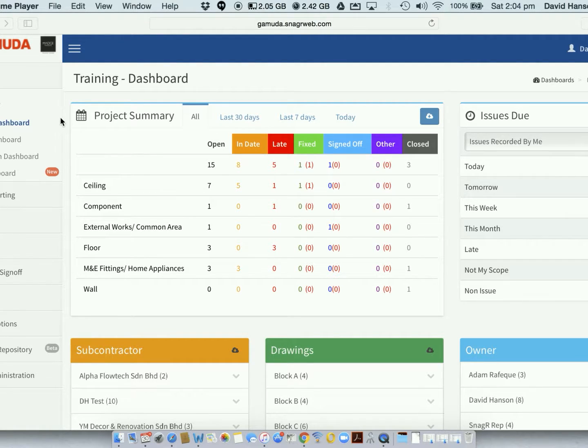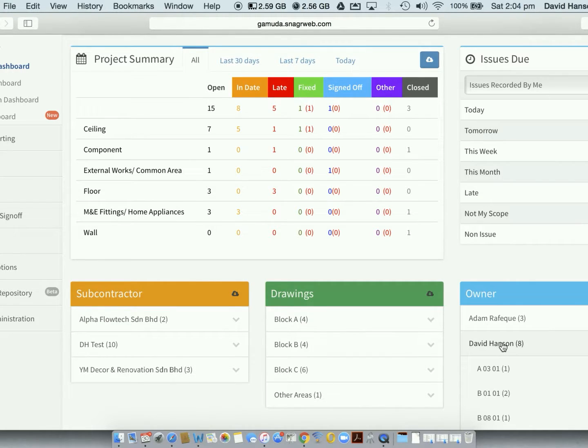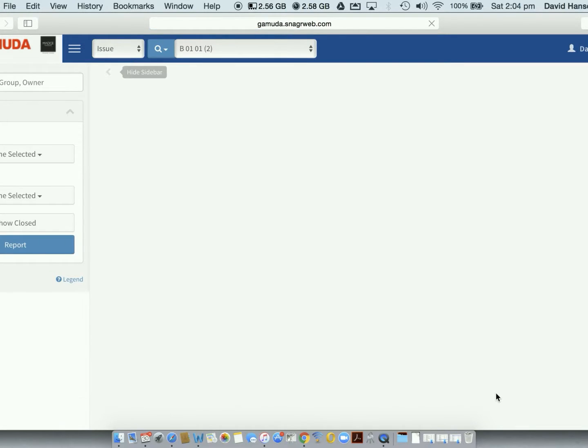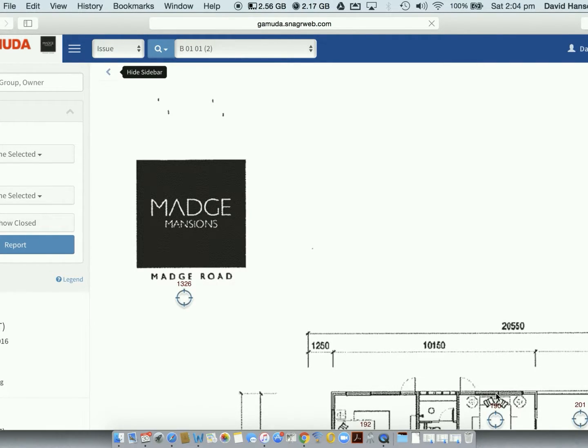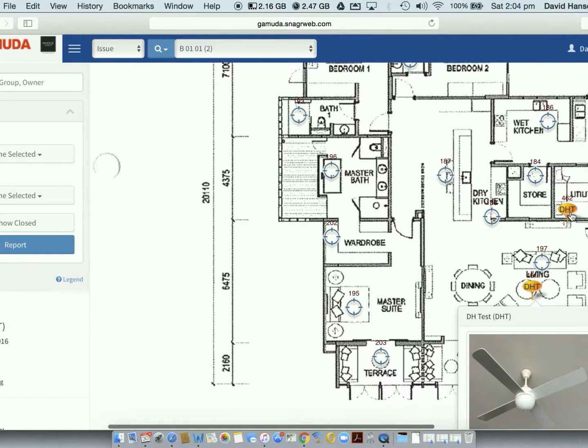I've gone back into the browser. We've already synchronized. So when I go into the browser for the project, I can see in the project dashboard on the lower right hand side, I can see my name as the owner. That means I've created those defects. If I click on this, I can navigate, and now I can see unit B0101, that there's 2 defects there. I can click on it and navigate directly to the issues. And you'll notice that when I do this, it brings me right to the drawing, and again, I can see